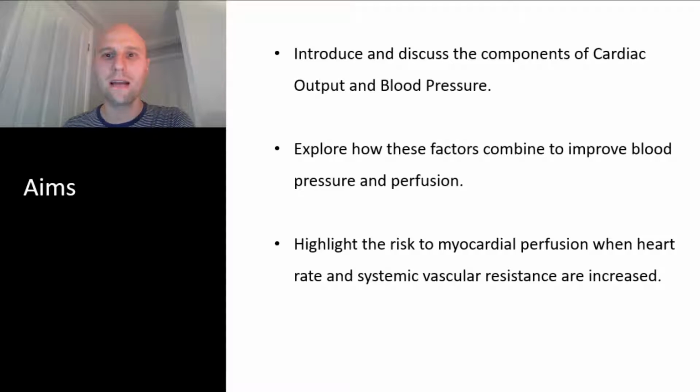So we're going to be thinking about cardiac output and blood pressure and the various factors that will impact on those. The idea of this session is to give you a framework for understanding the normal physiology and the different ways that homeostasis is maintaining your blood pressure and hence your perfusion of your vital tissues, and how different elements might contribute to a drop in your blood pressure or your cardiac output during pathology, say a